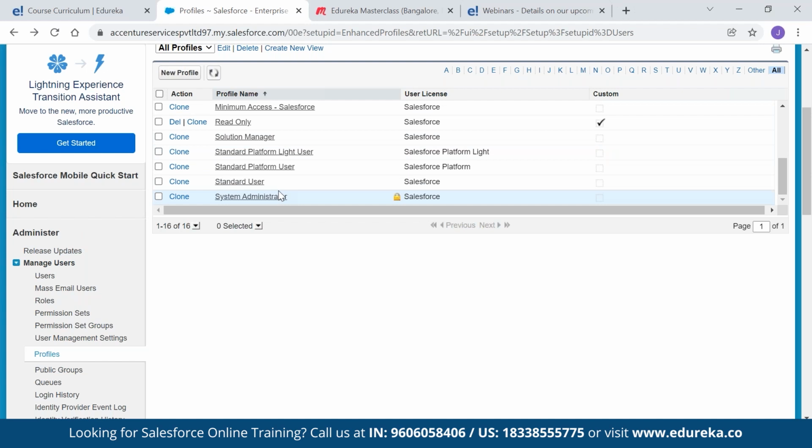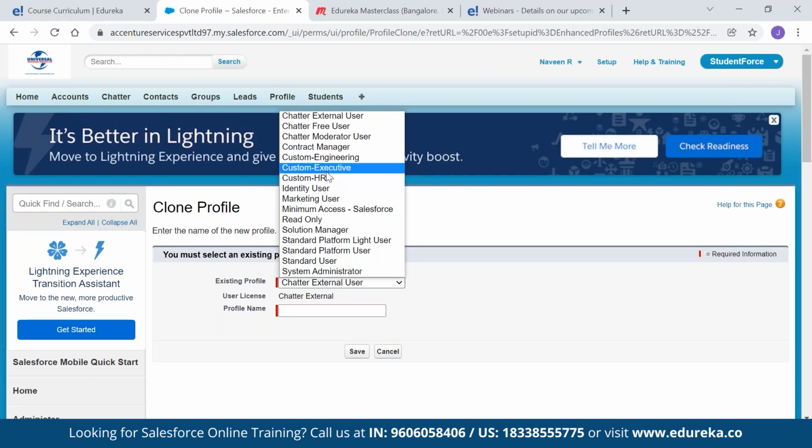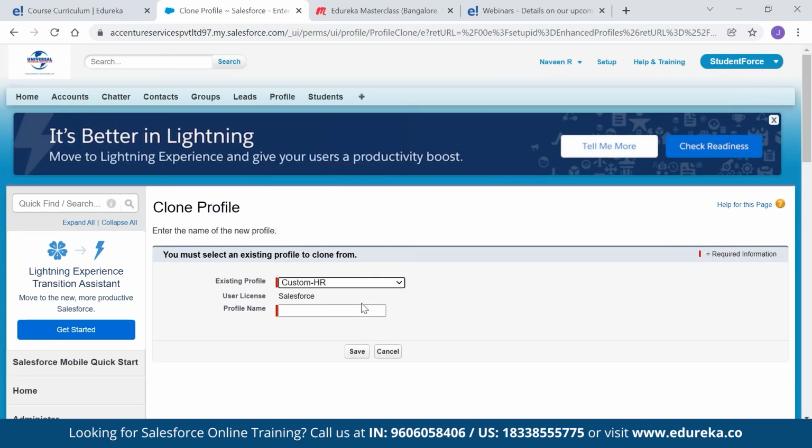Standard profiles cannot be deleted, whereas custom profiles can be deleted. If you want to create a custom profile, you first have to clone a standard profile. Whenever you create a new profile, you need to clone an existing profile. Let us say if I'm trying to create a custom HR profile, I need to use the standard one, then you can provide your custom profile.